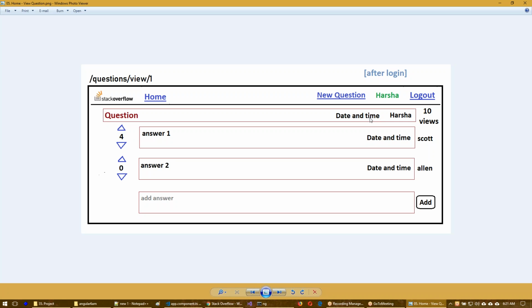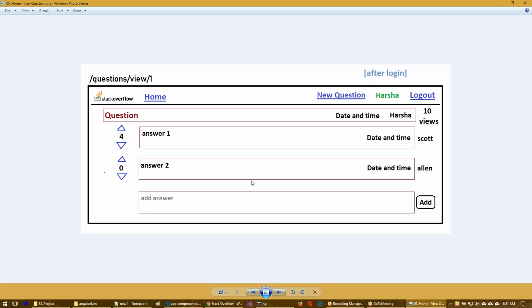And this is the date and time of the question when it is asked, and this is the date and time of each answer. The question has a total of 10 views, and this is the user who posted this particular answer. This is the user who posted this question. And the current user who is logged in right now can add one new answer.